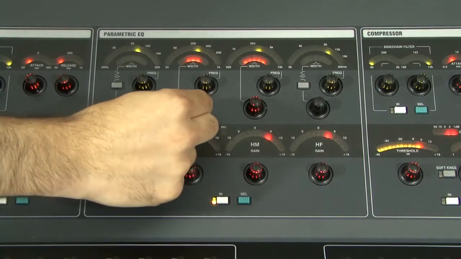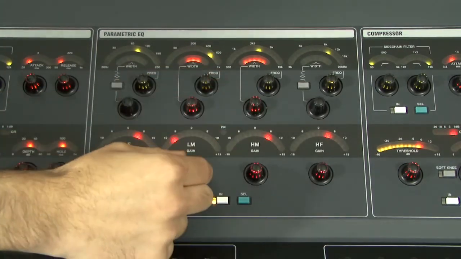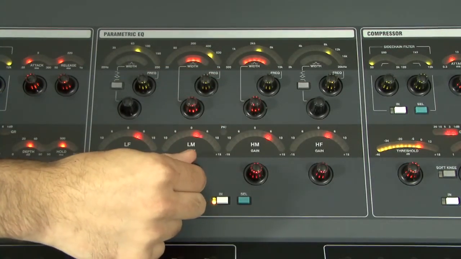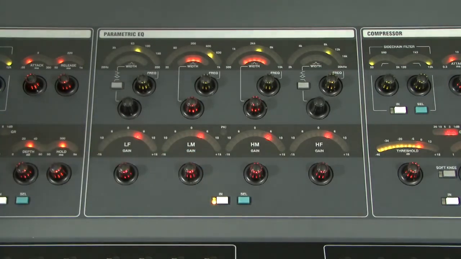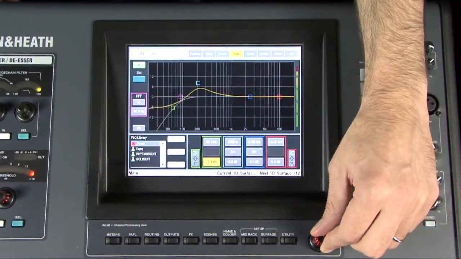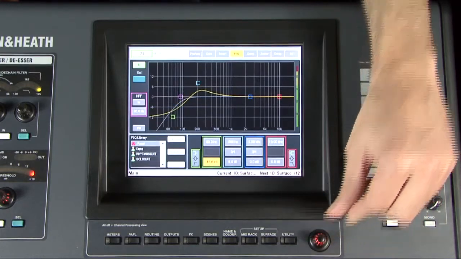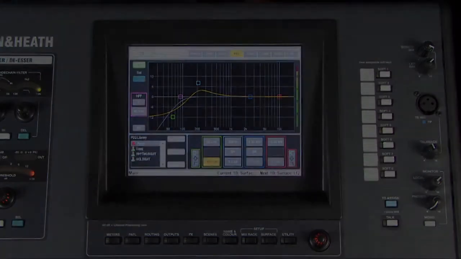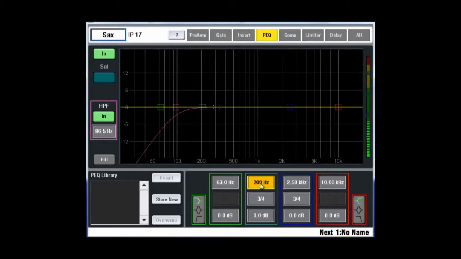The equalizer is a 4-band fully parametric with cut, boost, sweep frequency and width controls per band. The HF and LF bands may be switched as shelving, bell or pass type filters. The touchscreen gives the graphical view of the EQ curve and alternative data entry using touch and drag or the screen encoder. The frequency range of each band has been carefully chosen to provide good resolution with appropriate overlaps, but